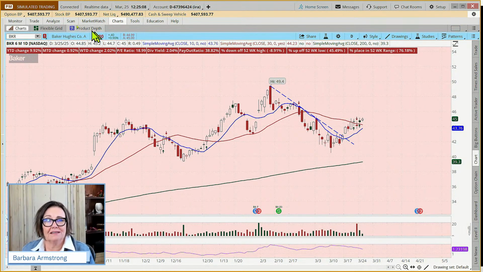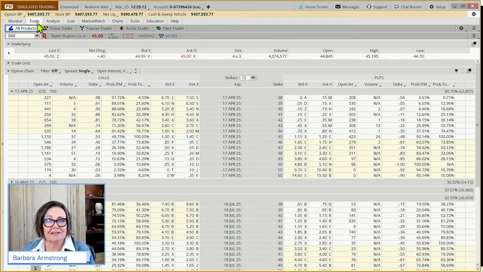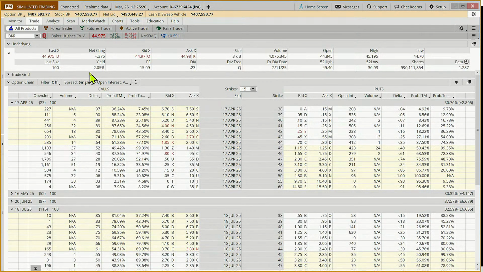And some might look at this and say, well, does it have some other redeeming characteristics? If we come to the trade tab and look at this drop down menu, it pays a dividend of 2%. So some might be looking for dividend income. Now, one thing about paper money is that actual dividends are never paid in paper money. So that's one of the differences between the platforms. And two, there's no guarantee that even in your live account that Baker will continue to pay a dividend. I just need to lay that out there.